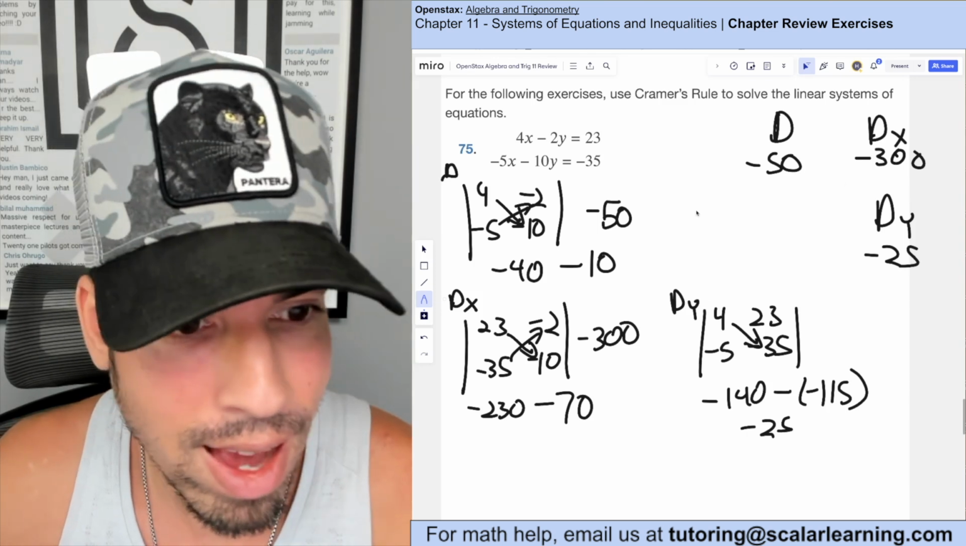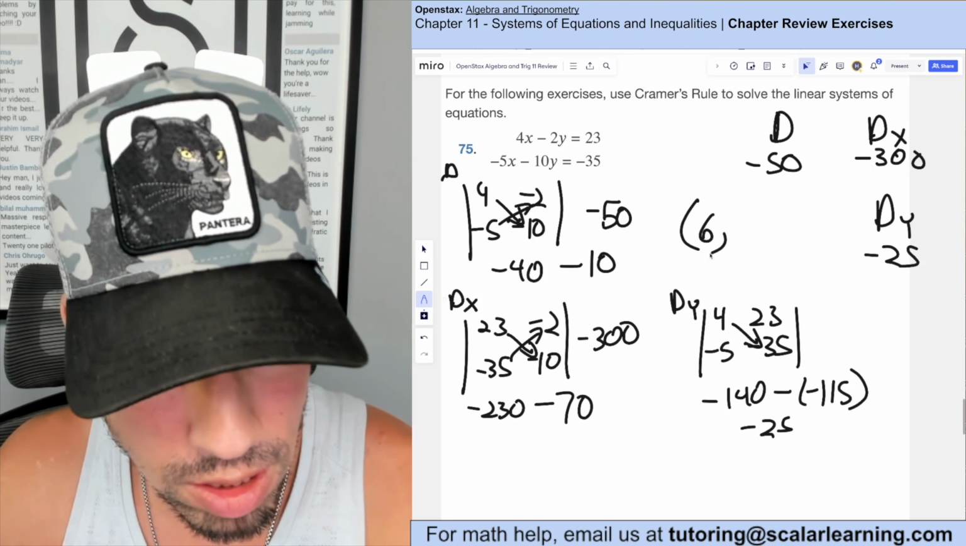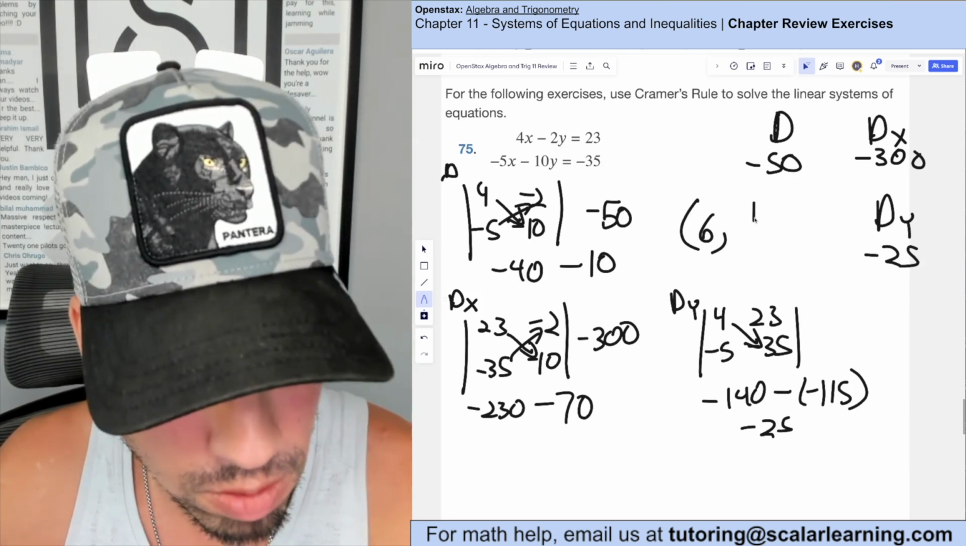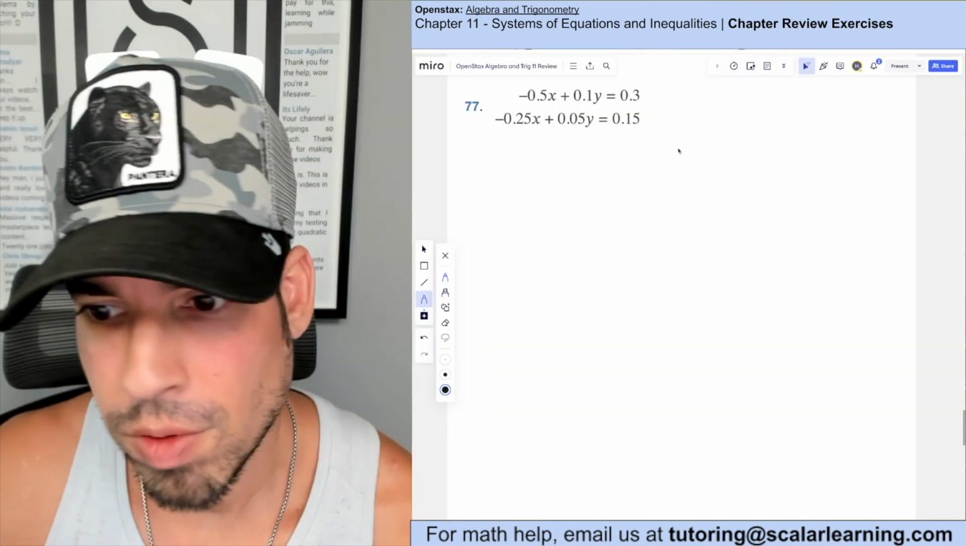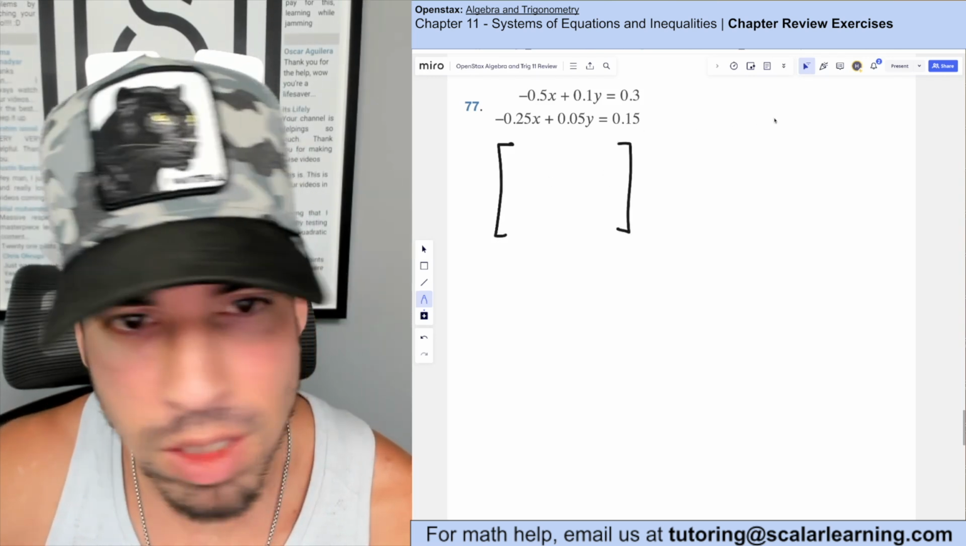So now to get x, I do dx divided by d: negative 300 divided by negative 50, which is 6. And then dy divided by d for y: negative 25 over negative 50 is positive 1/2. And that is how you do it. Done. So for this one, using Cramer's rule, once again,